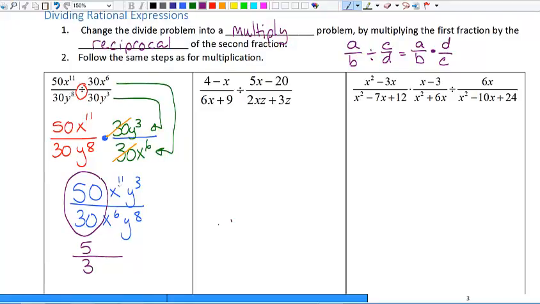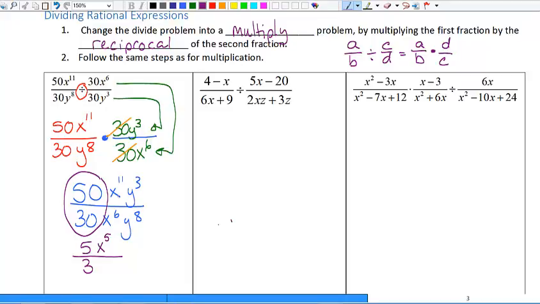I have 11 x's on top and 6 x's on the bottom. After you divide the common x's out, you have 5 left. I got that by subtracting my exponents. And the leftovers are going to go in the numerator because there were more x's in the numerator on the